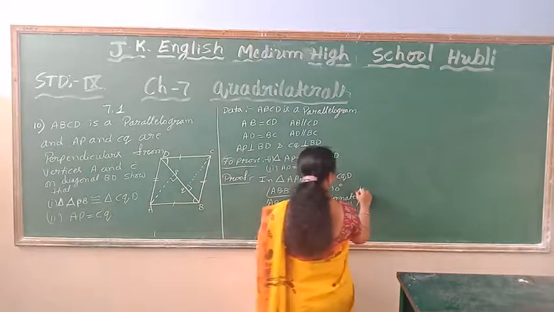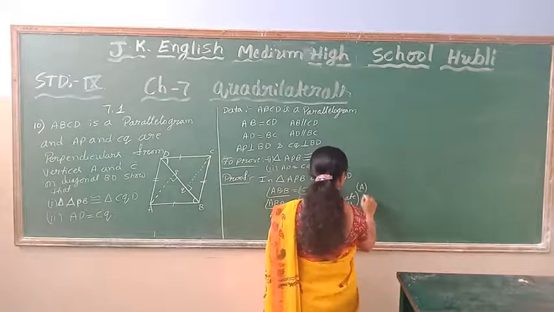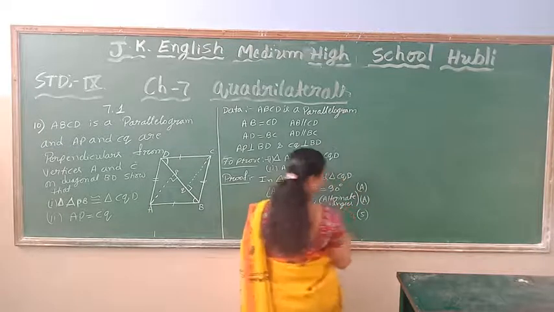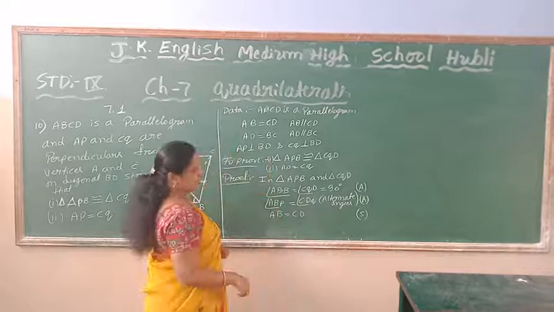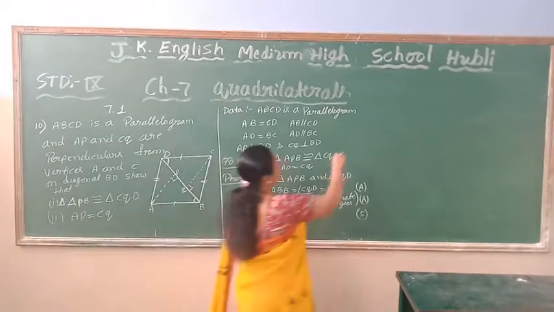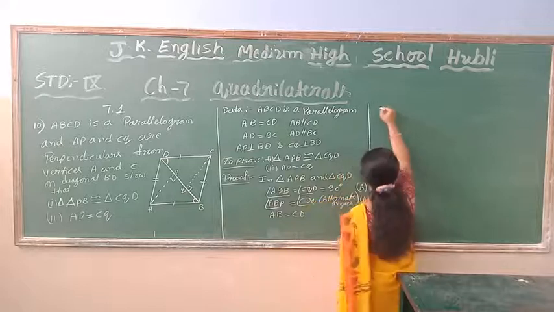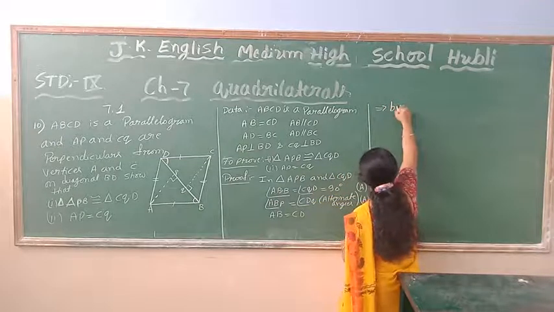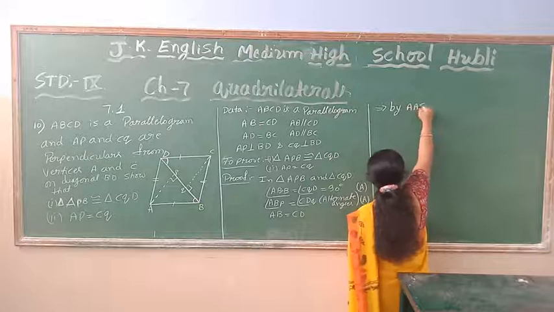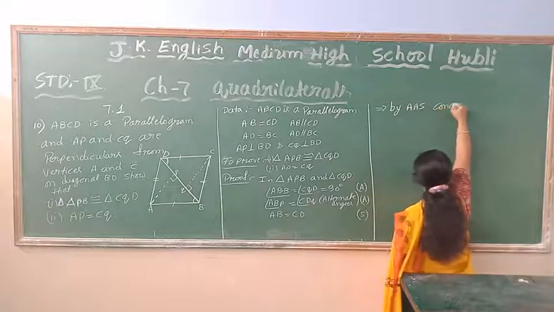So by angle angle side congruence rule, both the triangles are congruent. It implies, by AAS congruence rule,